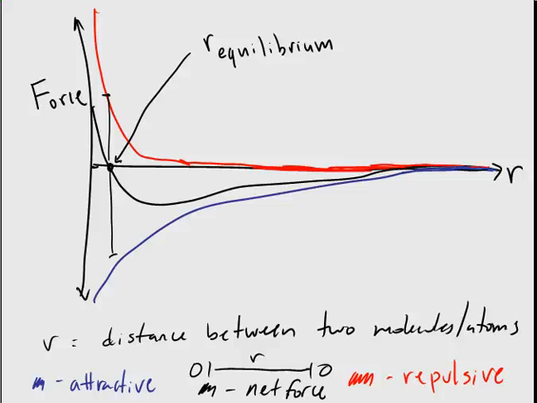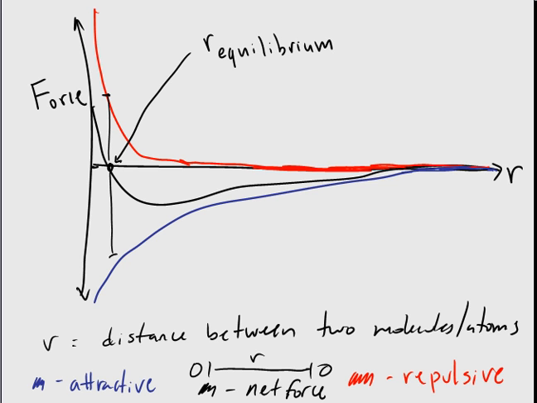In the last video, we left off with this graph that shows how the forces change as the distance between two molecules changes. And we see that in general, the attractive force will increase as the two molecules, or atoms, get closer, and the repulsive force kind of stays dormant for a while, but then when they get pretty close, it really shoots up. And then I noticed that there was one point in particular that was interesting,